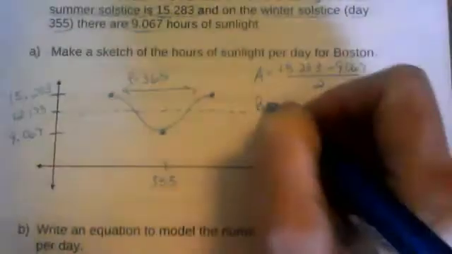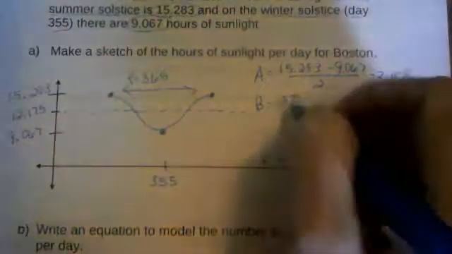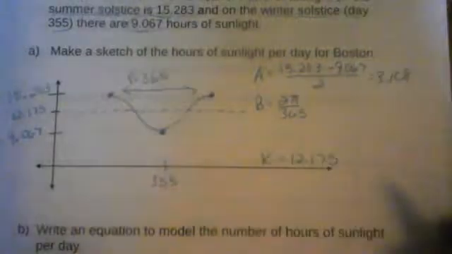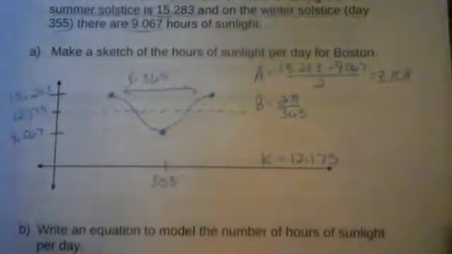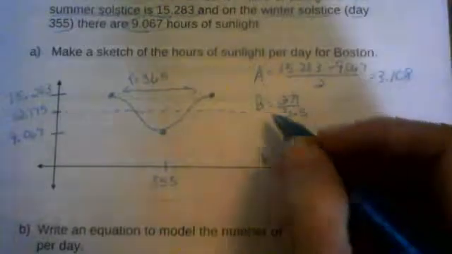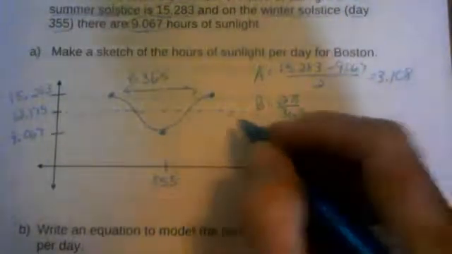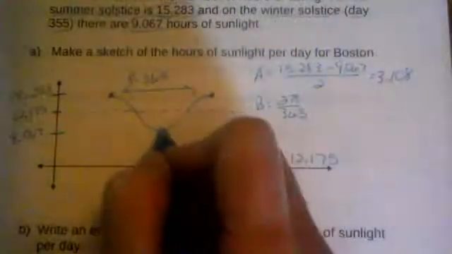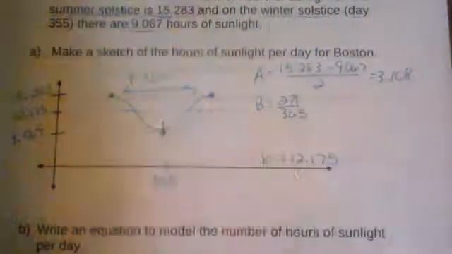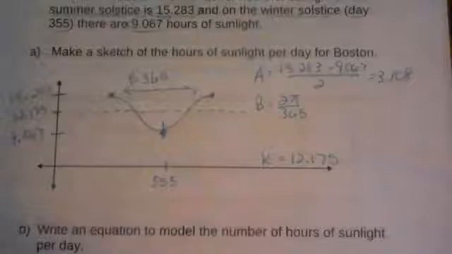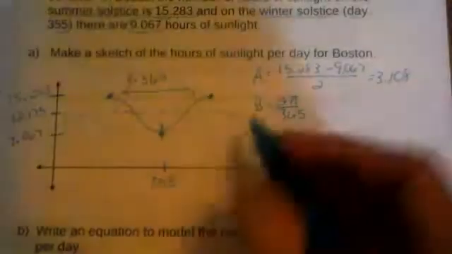All right. Now our B value is always 2 pi divided by our period, in this case 365. And so the only thing we need now is our left-right shift, which in this case the one thing that we do know is right there at 355. So if you don't want to figure anything else out, you can use this 355, and we'll write this as a cosine graph